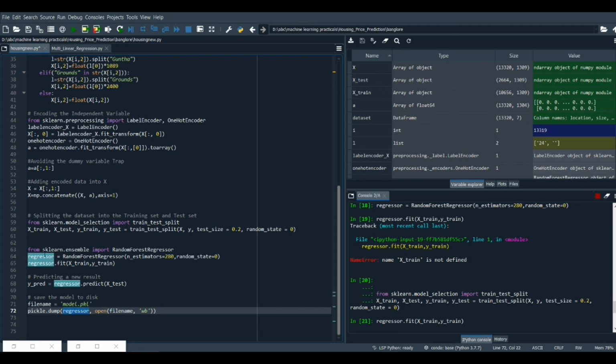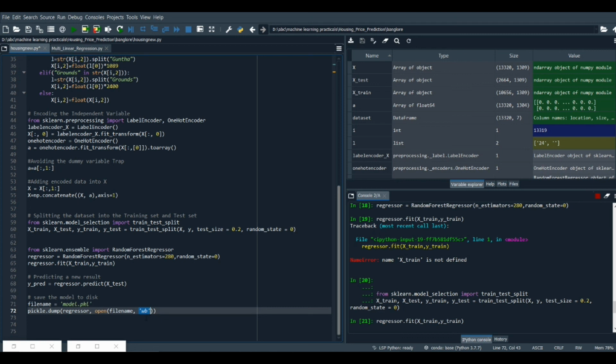As you can see here, we get a regressor as our random forest model. So after training, we are going to save the model with the pickle extension, and then we pass the file reference by opening the file name with the wb mode, that is write mode. If the file exists, it's going to wipe all the data of the file and rewrite the file, and if the file doesn't exist, it's going to create a new file.